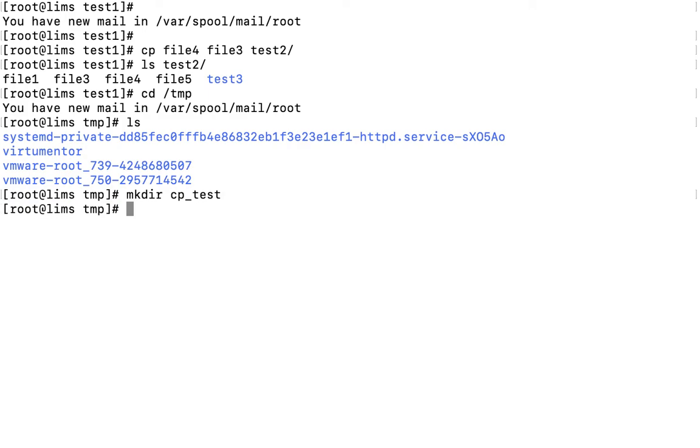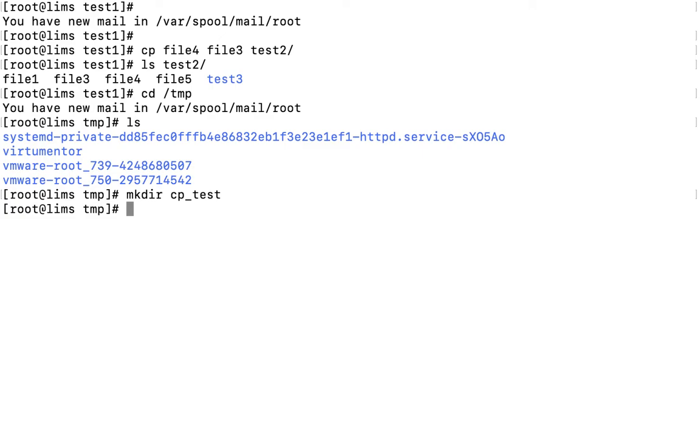To copy directories, we need to give the hyphen r parameter, which copies recursively. Whenever we copy files, it's just the file, and for that we give the path.